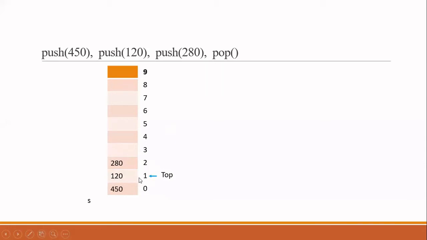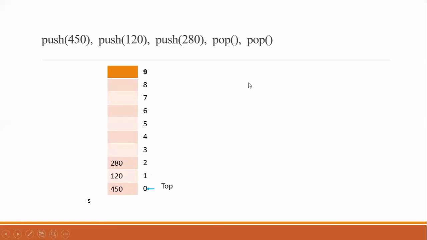Okay, but here you see, when you are returning the element, you are not deleting the element from the stack. The element will be available in the stack only, but you are simply changing the pointer. Okay, so while you are showing answer, show the answer like this. 280 is still in the stack, but since you are decrementing the pointer, you will not be able to access that.